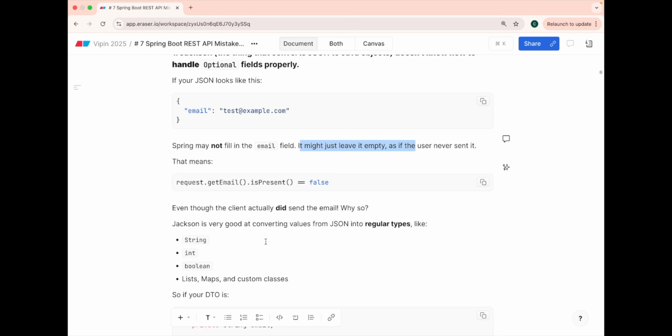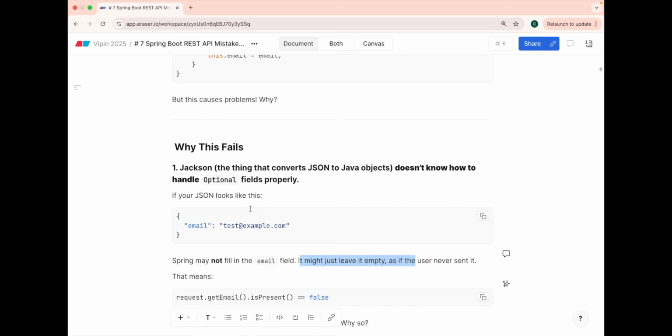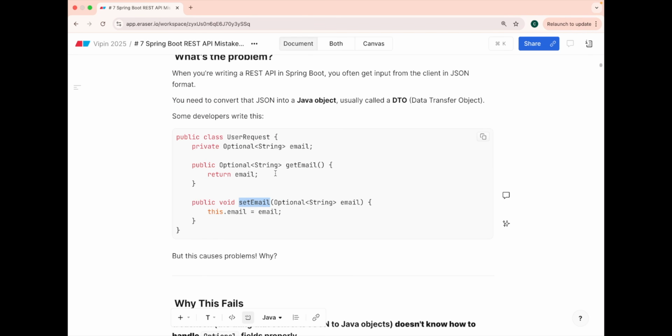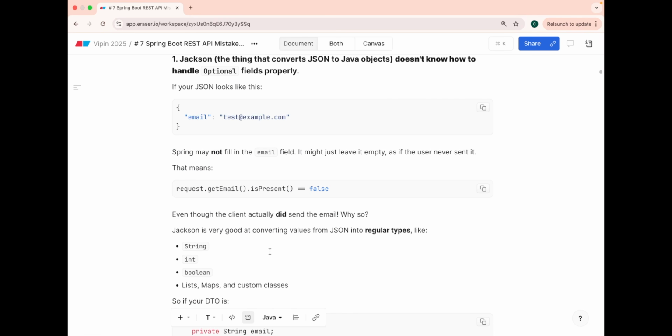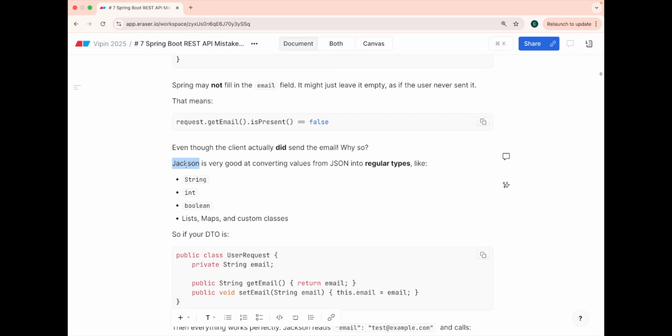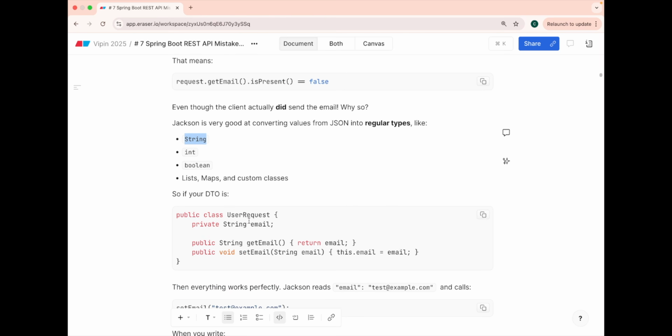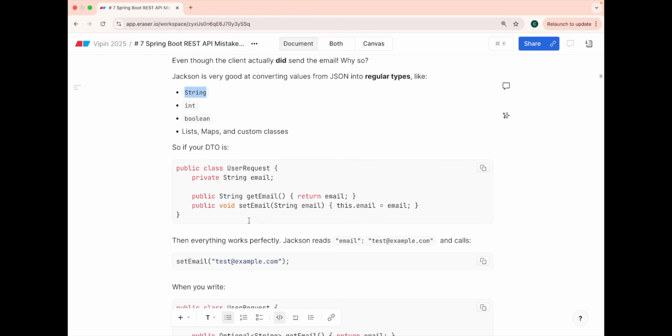Since it is not able to call the setter method because of this Optional implementation, it will make it null. So Jackson is very good at converting simple regular data types like string, int, boolean, list, map, and custom classes, but it is very bad with Optional.